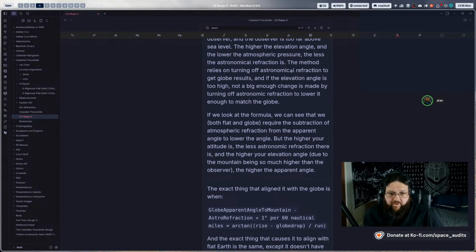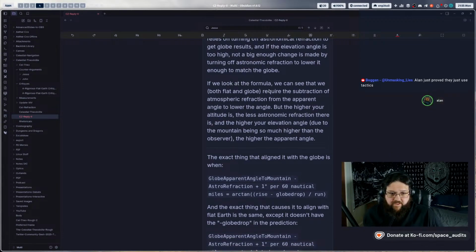But anyway, we're going to get to the ratio here of what produces a quote unquote globe measurement and why it doesn't count as a valid measurement, because what you have to do to get the globe measurement makes it so that you can't distinguish between refraction and the globe result. So here we go. Continuing on here.